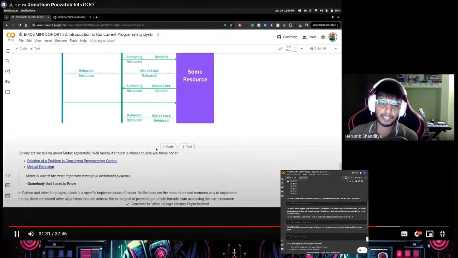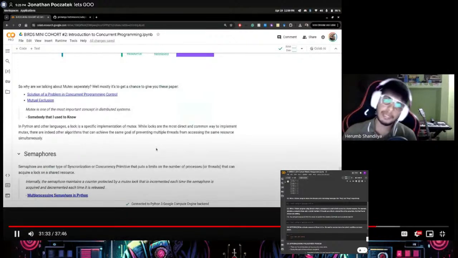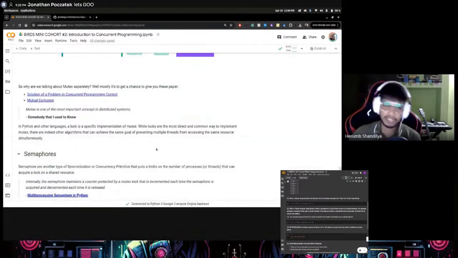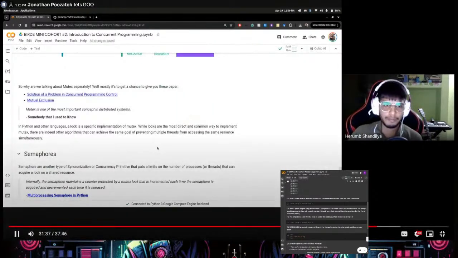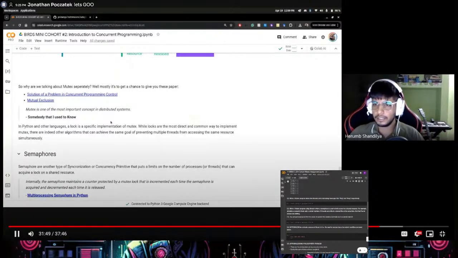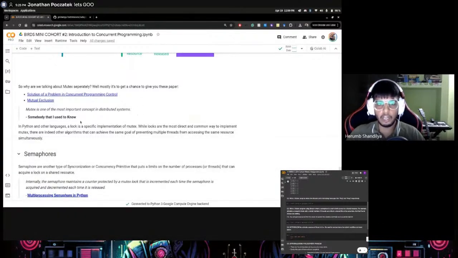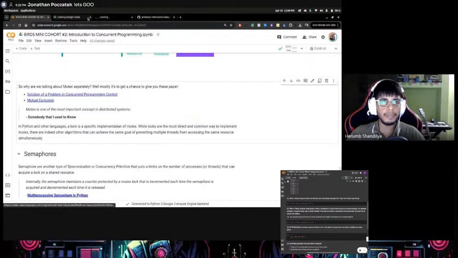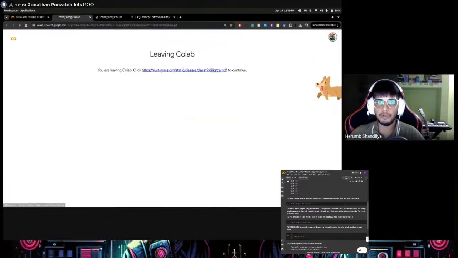But you must be asking, okay, in Python they both are the same, so why are we talking about this? Someone once told me that mutex is one of the most important concepts in distributed systems. So it's good to discuss this, and especially when talking about Rust and C, it's more common to use the word mutex than lock. So there are these two papers that you can read to learn more about